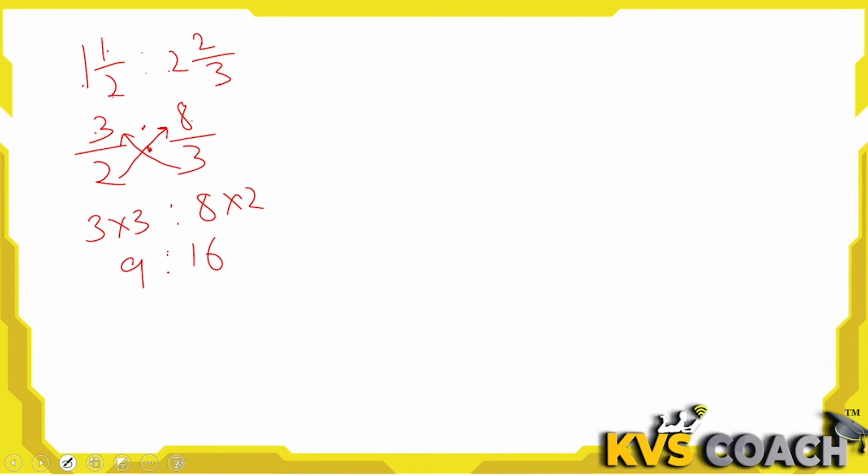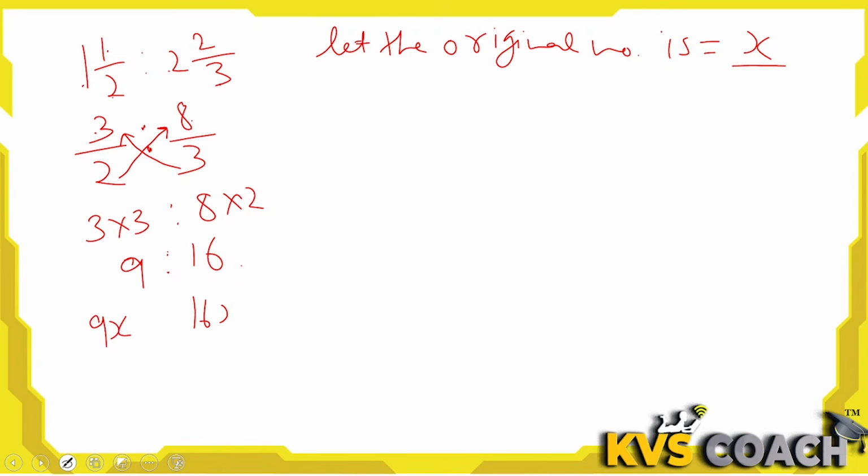Now they are saying these are the numbers of x. Again I am taking the original number, let the number be x, then the value of 9 is 9x, and 16 will be 16x. Okay, these are the basic numbers I have told you. Now they are saying these numbers are increased by 15, then 9x plus 15 and 16x plus 15, because they are in the ratio, it means they are in the division.